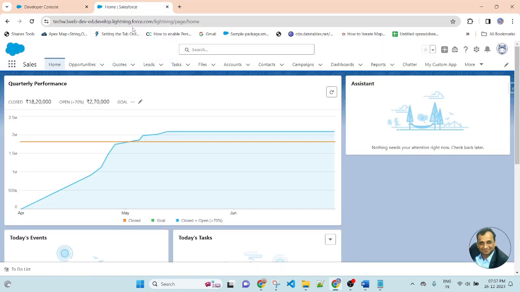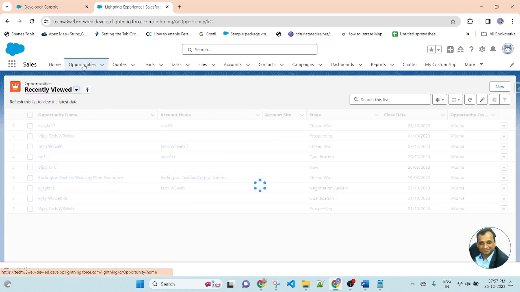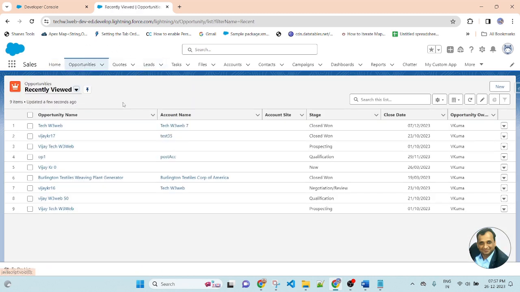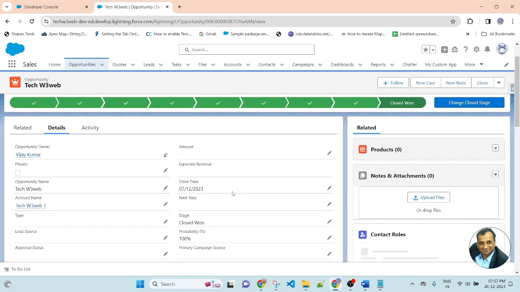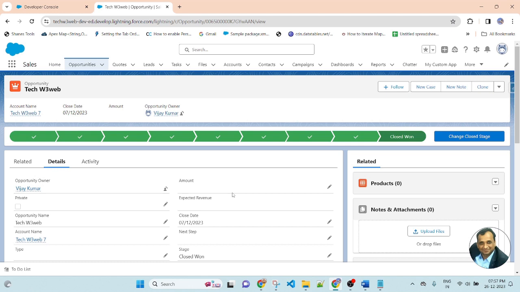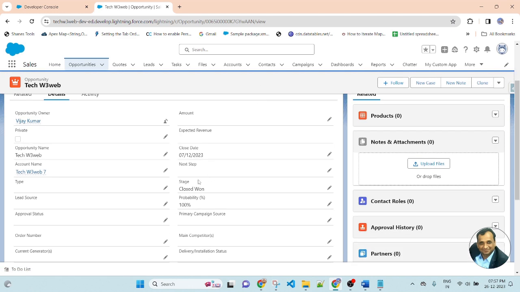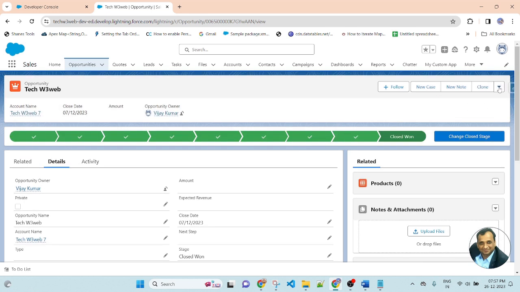Go to Salesforce and open any opportunity record. This is Opportunity. Let me open one opportunity record. As per the scenario, before deleting the opportunity record, we will check the stage. If the stage is Closed Won, like this, there is a button.